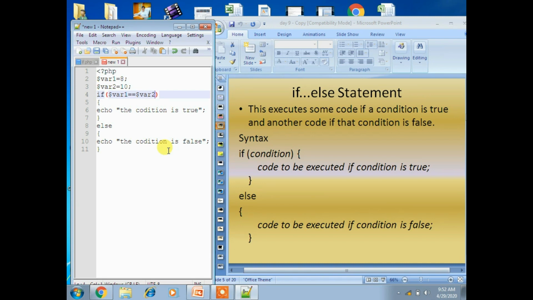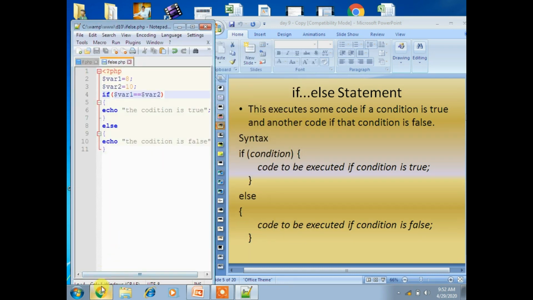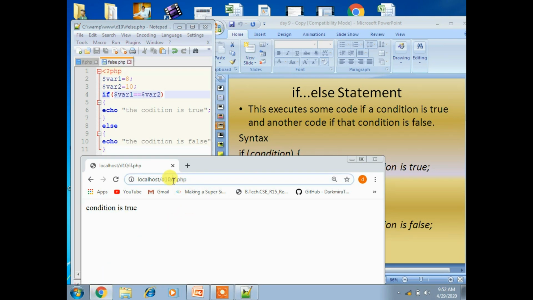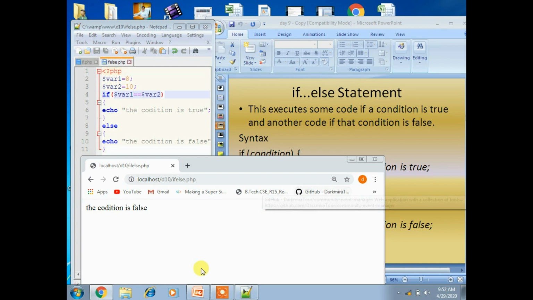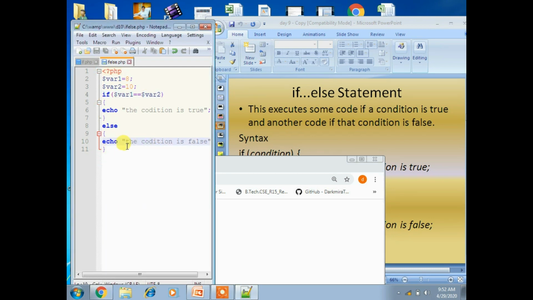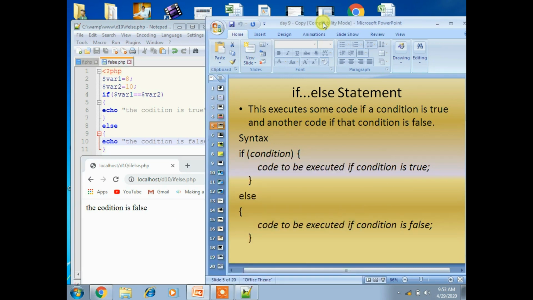Okay, else part. I'll save the program as if else dot php. Save. Now execute the program. The file name we have to give, right? ifelse.php. Now yes, we got a value showing that the else block was executed, which means the condition is not true. So this condition is false, that is the correct answer. Okay. Fine. I think you understand the concept of the if else statement. So can we take another example that will give a more practical thing?